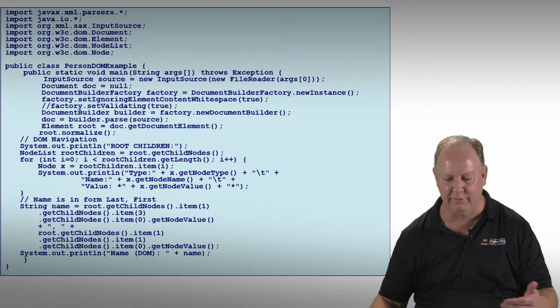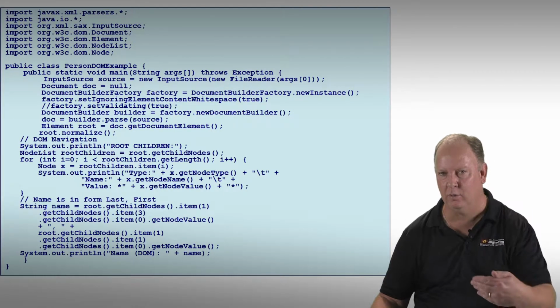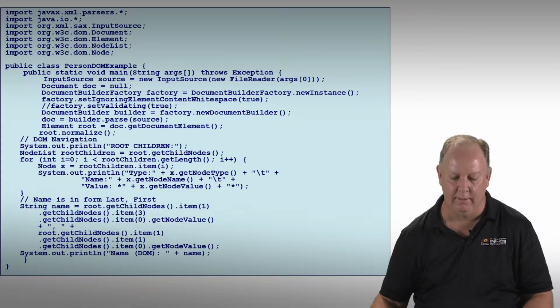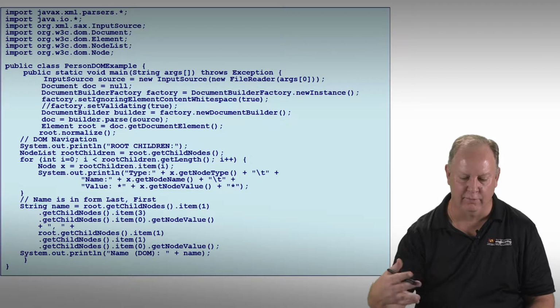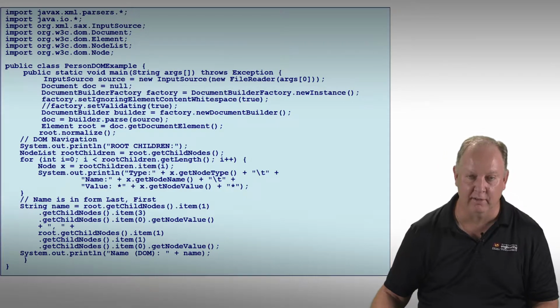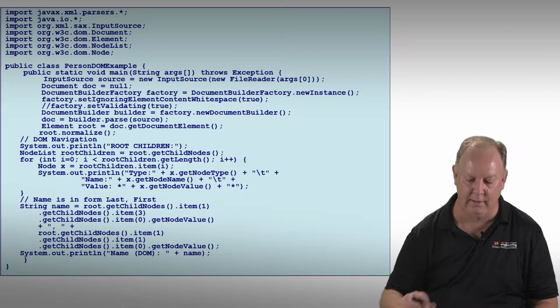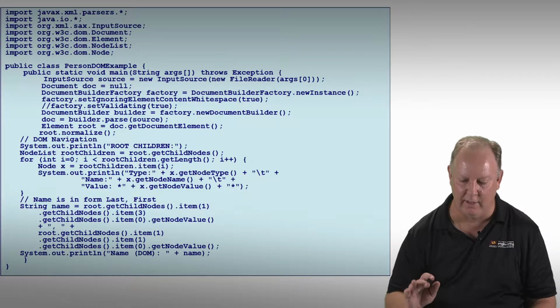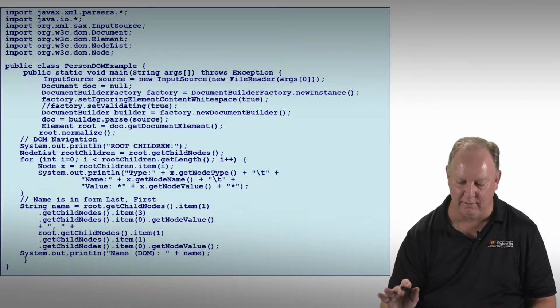All right, so we have some examples of that. I'm not going to walk through this. I did some code walkthrough videos that are posted on the class website, but this is kind of what it looks like. Refer to the code walkthrough for the person XML example and this code, and it'll walk you through exactly what goes on here. I am going to point out real quick some very simple things in here.